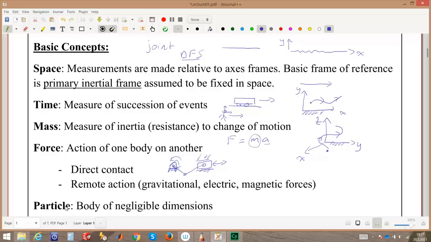Now, having said that, we have talked about particles a lot. We said that in this course we're going to first consider particles, then systems of particles, then rigid bodies. Particle means that it's a body of negligible dimensions, so it's basically dimensionless, if you would call it like that. And this is again an assumption, so there's nothing without any dimensions, obviously, but the assumption is that it has a negligible dimension. So you can think of this as a point in space, just a point, and it could